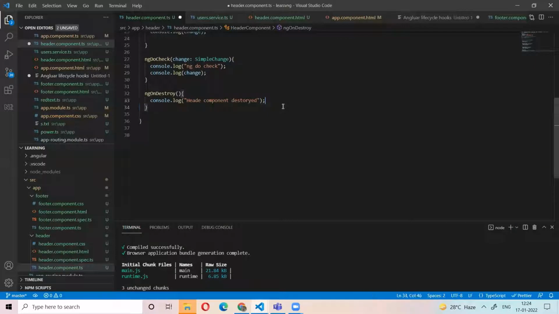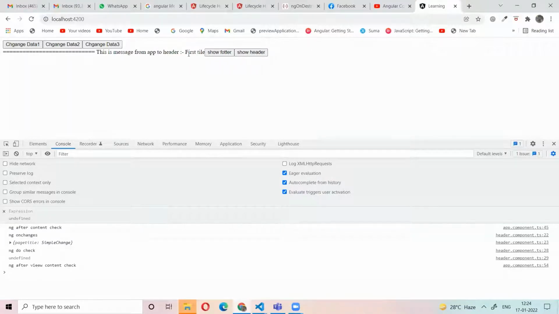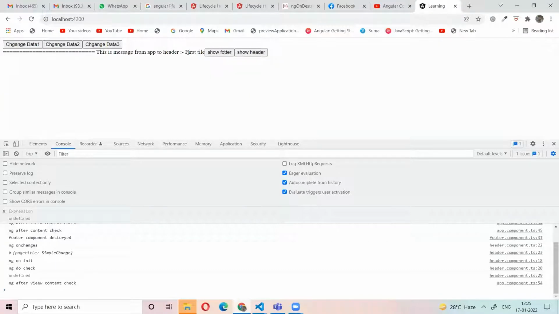Okay, let's see an example. Now the page title, where is the first title? In the header component. Let's click this one. See, the whole data is still coming here if you don't reset the variable.